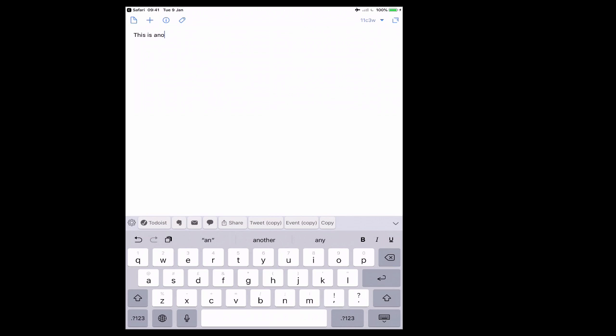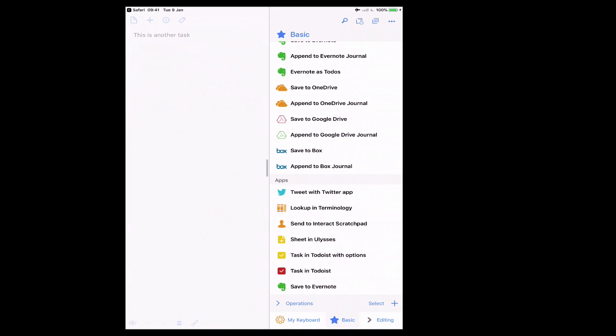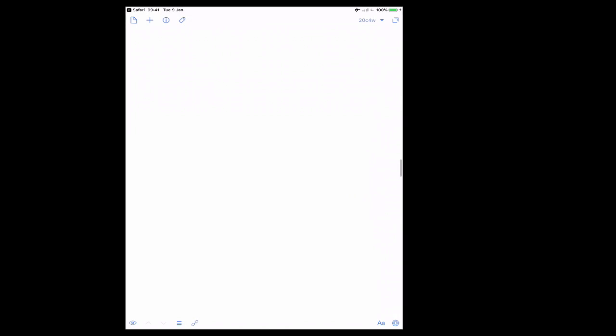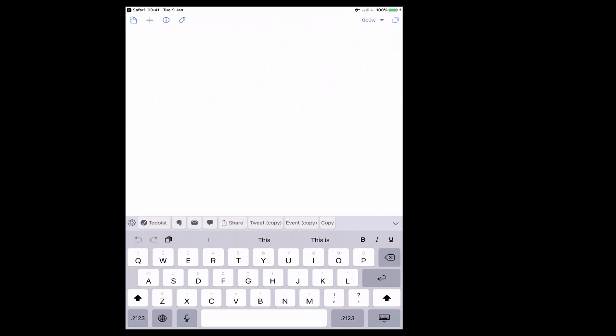This is another task. I'm going to hit the share and send this task to Todoist. Boom, and it's gone. So you don't have any setting up to do when you use these action scripts. So now we're going to send this one to